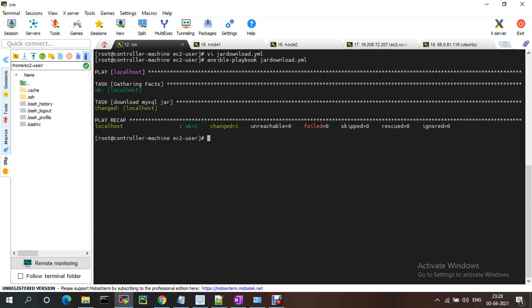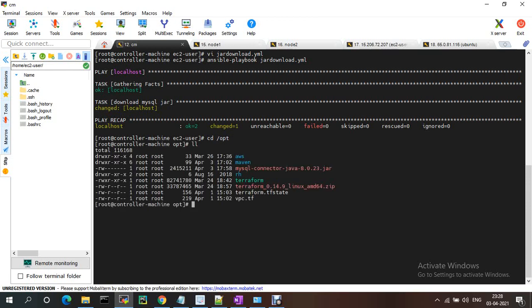See, it is downloaded, and we already gave that location as /opt. If we go to here, the MySQL jar file is downloaded. If you see, we gave the destination path in the playbook.